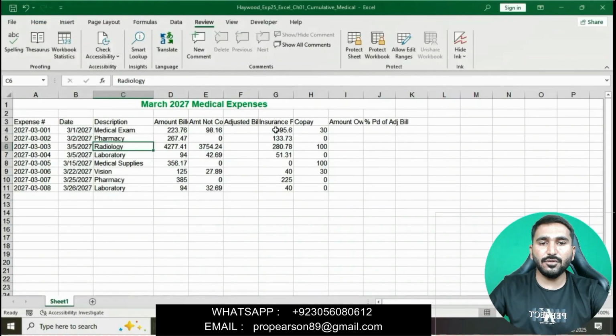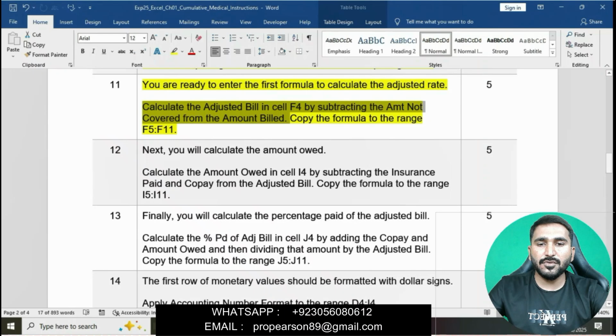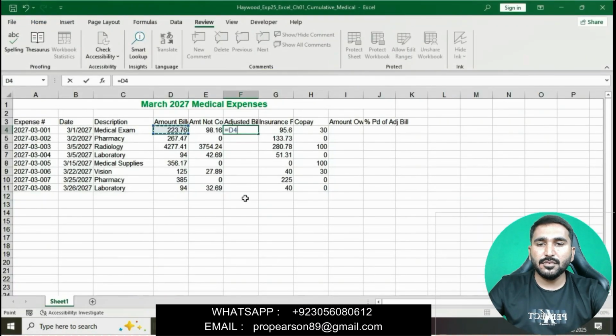Click on cell F4, press equal to, AMT not covered, subtract the amount bill, AMT not covered from the amount bill. So D4 minus E4, press enter.